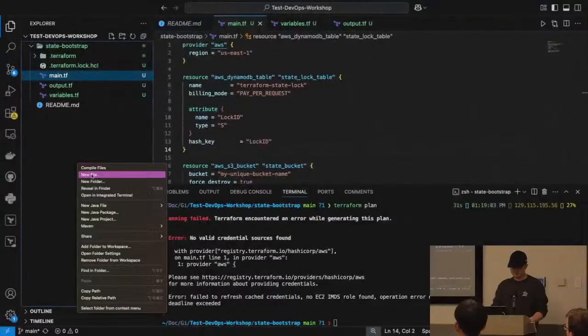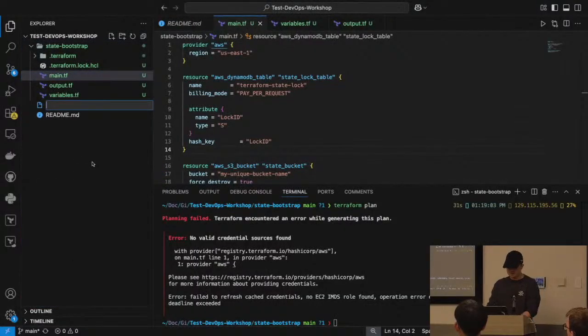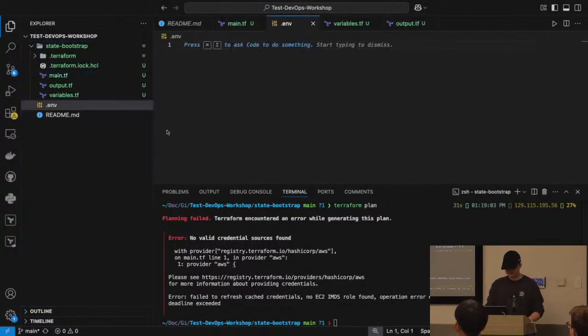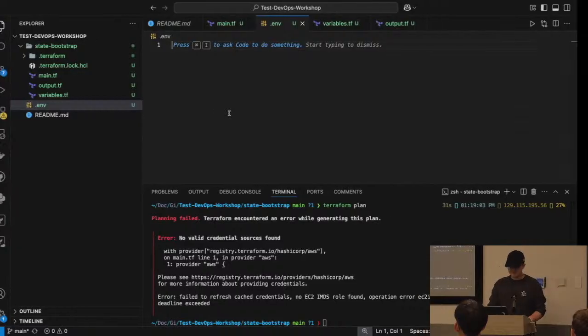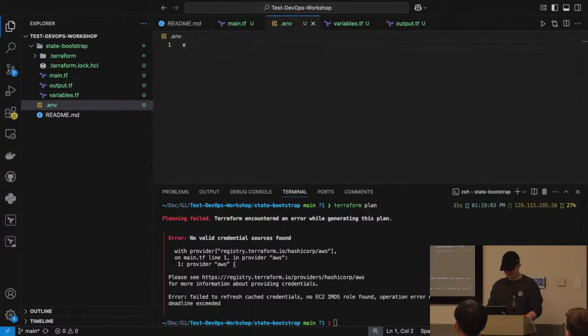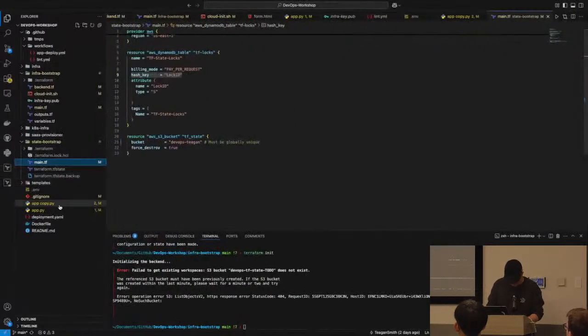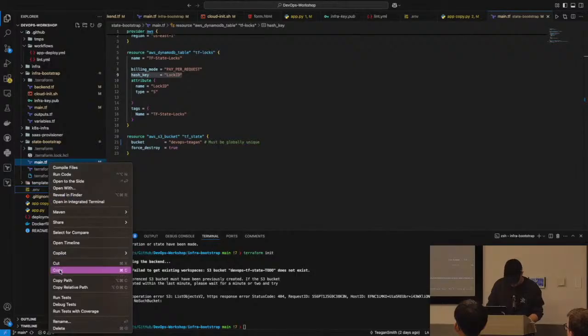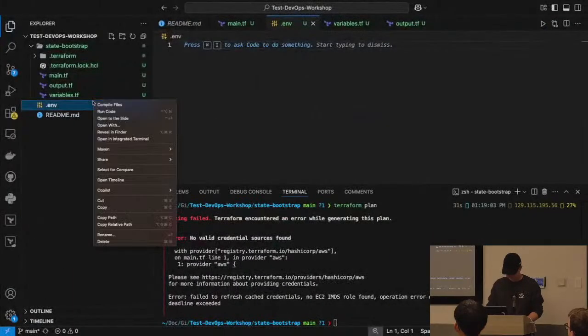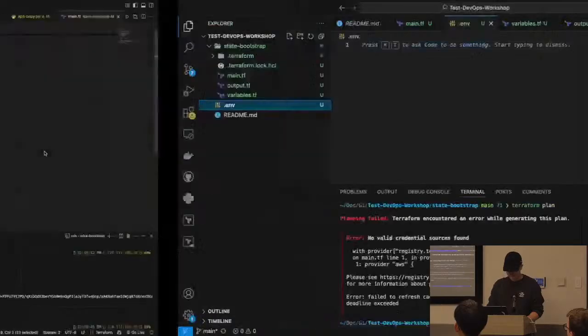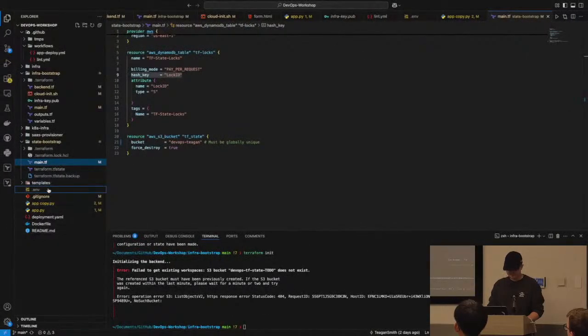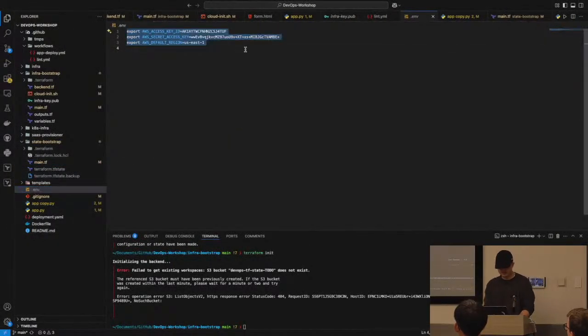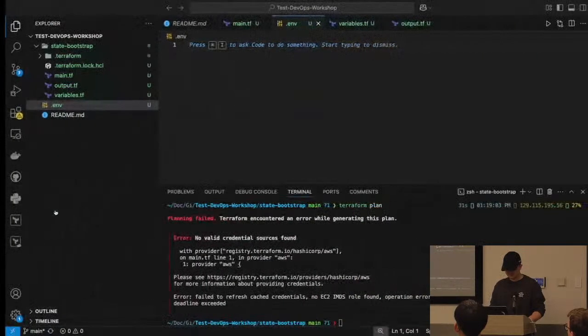So what we're going to do here is I'm going to make a .env file. I guess you guys are going to end up seeing my stuff anyways, so it's fine. I actually might be able to just copy that. Okay, so in our .env file, we're gonna have our access keys. I'm gonna delete this after the workshop, so don't try to steal it, please.